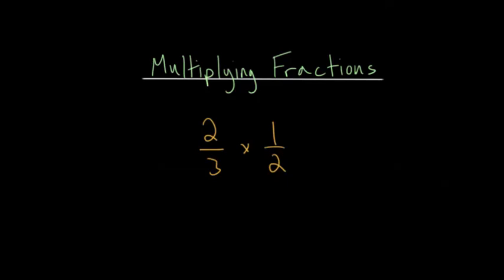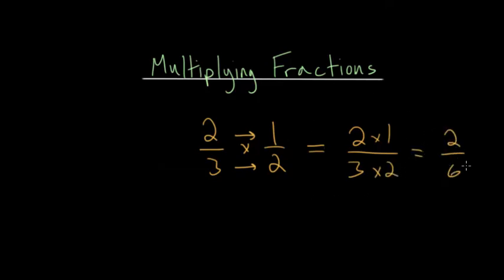In this video, I'd like to talk about the process of multiplying fractions. And how you actually perform this operation is fairly straightforward. You can just multiply straight across in the numerators, so you get 2 times 1. And in the denominators, you'll do the same thing. You'll just go straight across, multiplying 3 times 2, so that our final answer would be 2 divided by 6,